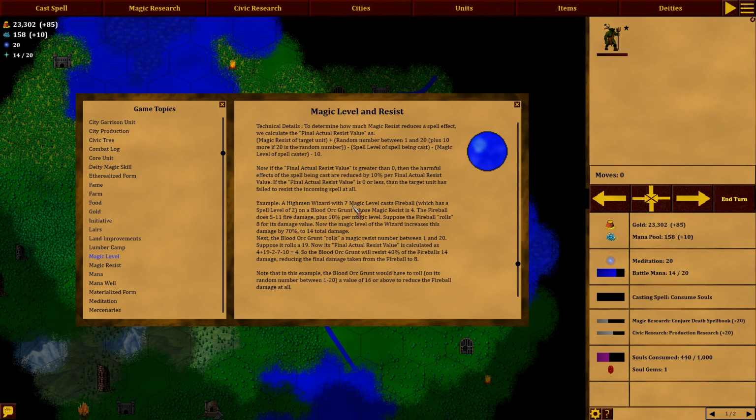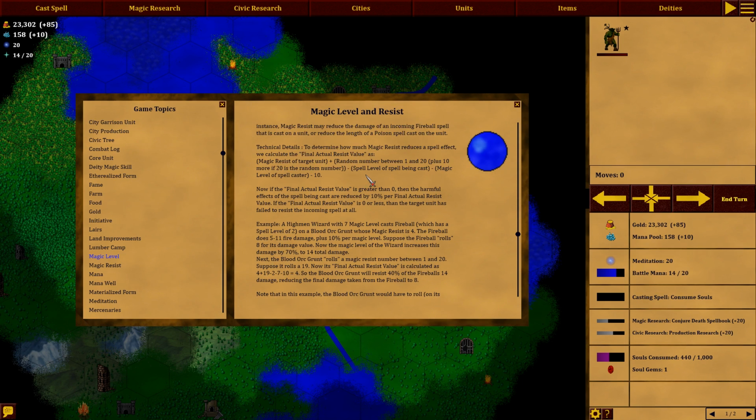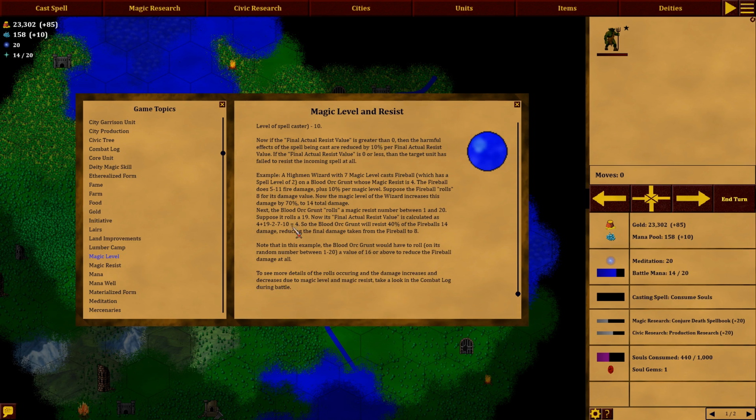So their example here: you've got a wizard with magic level 7 who casts a spell level 2, total of 9, on somebody whose magic resist is 4. And you're going to increase or decrease the damage by 10% per final level at the end of the whole process. So the magic level of the wizard increases the damage by 70% from 8 to 14. Then the target rolls magic resistance, and it gets 4 plus its roll minus the spell level minus the magic level of the caster minus 10, and that gives you a result where it resists a certain percentage of the